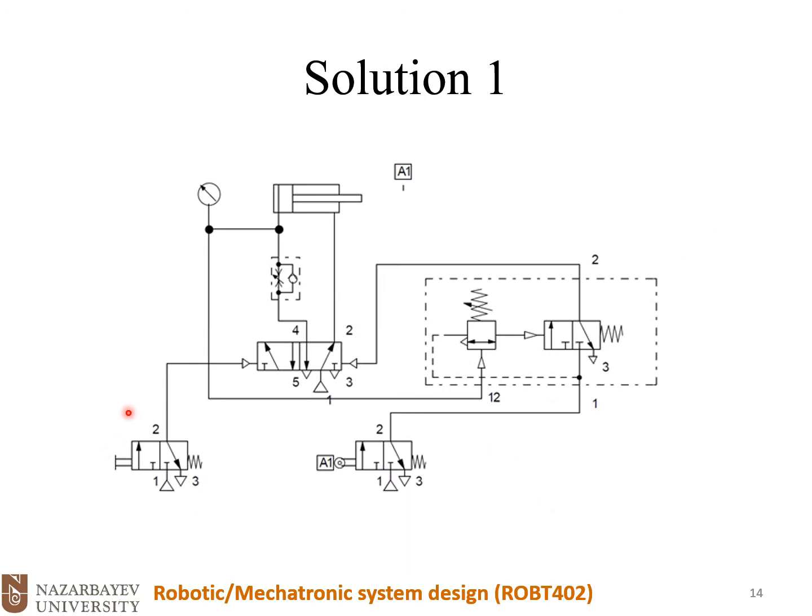Let's go through the solution. Again, I recommend you build this circuit in FluidSIM, test it by yourself and see how it works. So you see that we have a double acting cylinder and a 5x2 main valve. We have 2 secondary valves. One of them activates the cylinder for a positive movement, or the forward movement, manually, and for the backward movement we have an automatic control and the sensor A1,